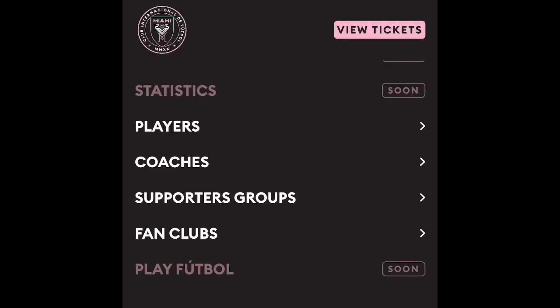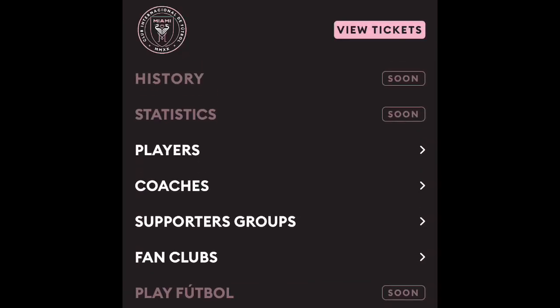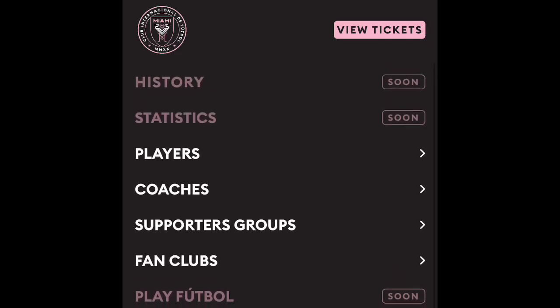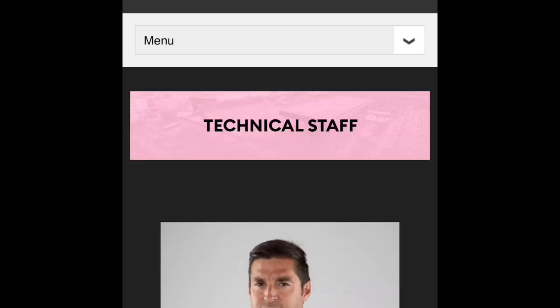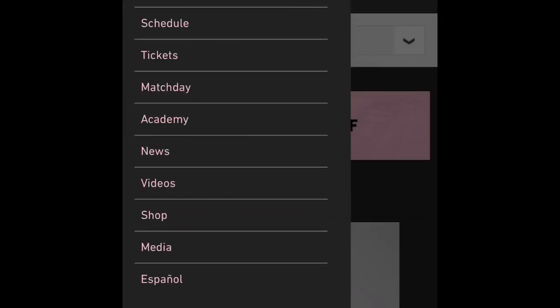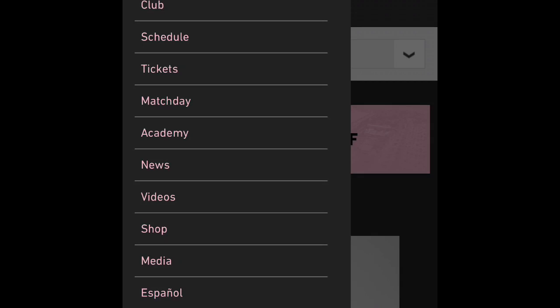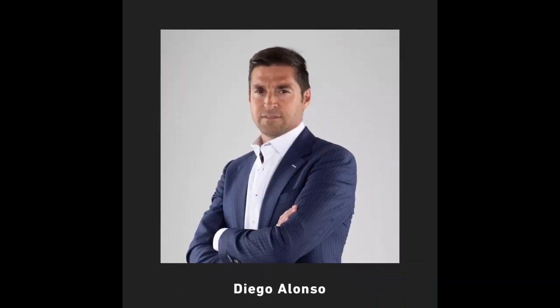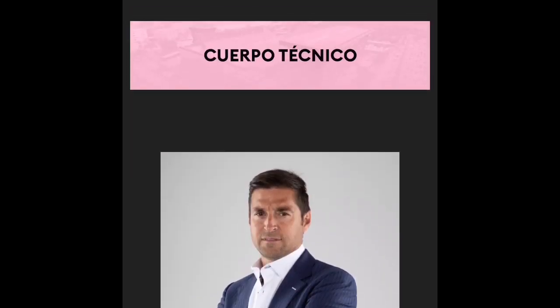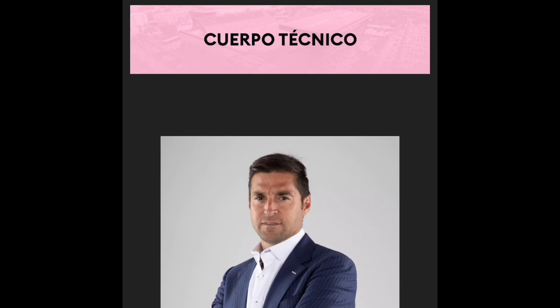And of course, I'm going to check right now something that I've been thinking about. Do they have it in different languages? Well, yes. Let's go. This is taking us to the actual website, and the website will give you the option for Spanish. So you click down. There it is. You get to see Español. You click on that, and then bam, there you go. Cuerpo técnico. You get to see it in Spanish. So there's Director Técnico Diego Alonso. So that's a cool thing that you can do. Check it out in Spanish.